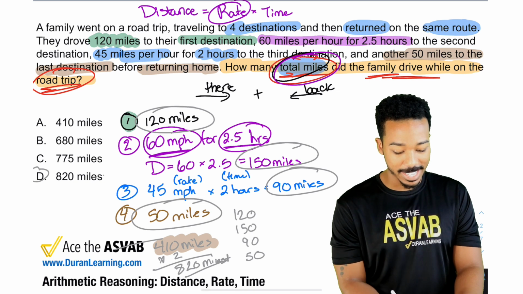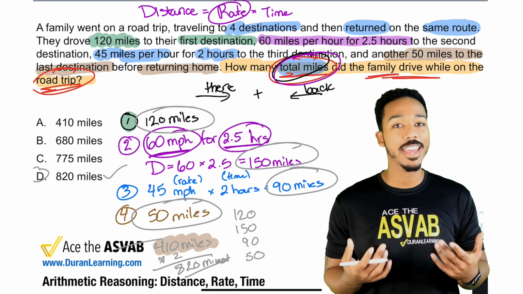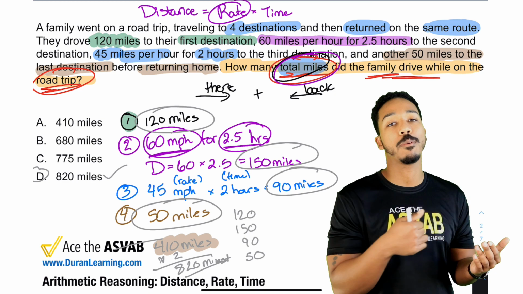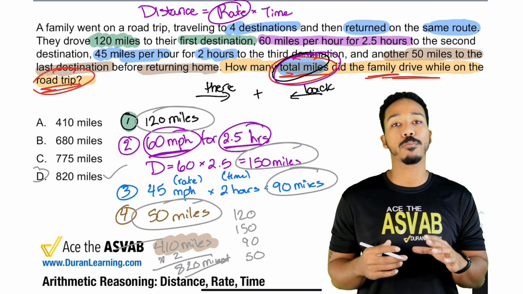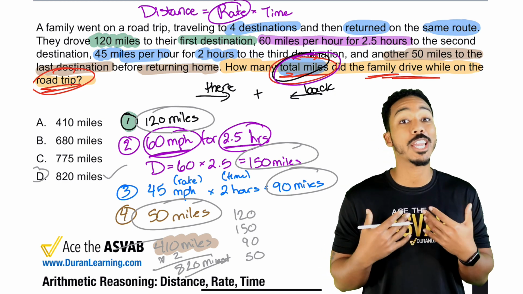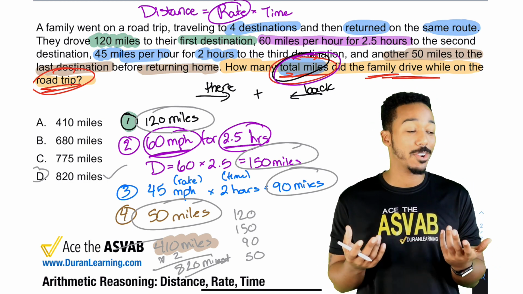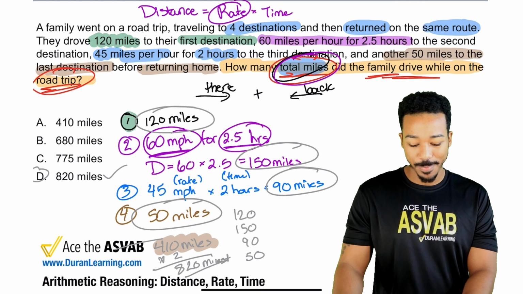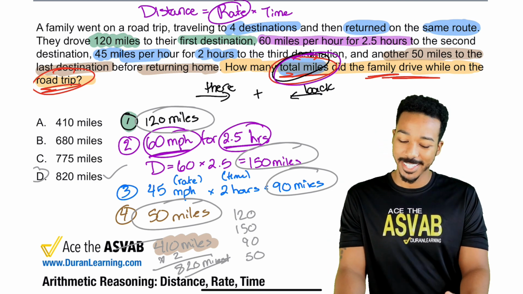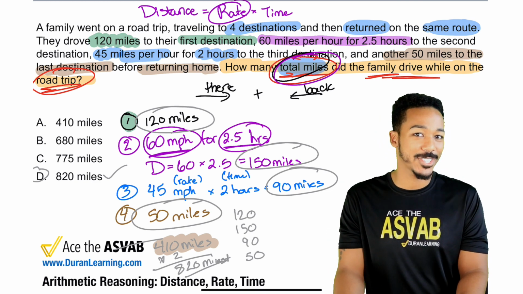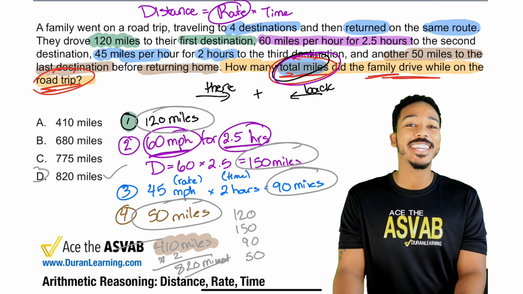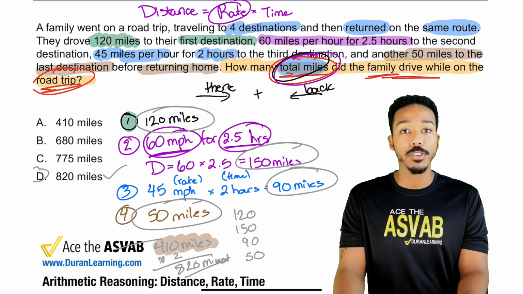That's how we get D as the answer, not A. If you picked A, all you forgot was just to account for the way back. And again, that's what makes it so important to read the information and understand what it means before all that calculating, before all that anxiety and nervousness takes over. So there we are. With this first problem for arithmetic reasoning, answer's D, 820, not A. I almost said A. And so with that said, let's go ahead and turn it over to the next question